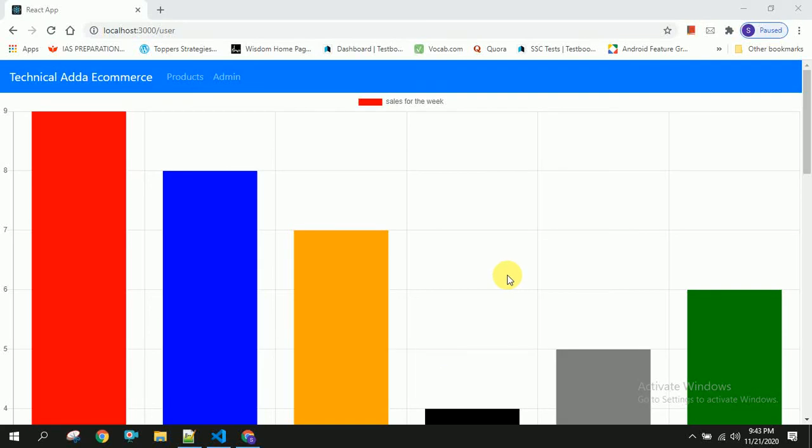In this video we are going to learn how to integrate charts with React. Integrating charts is one of the most basic functionalities we see in many real-time applications, like educational applications or reports applications, etc.